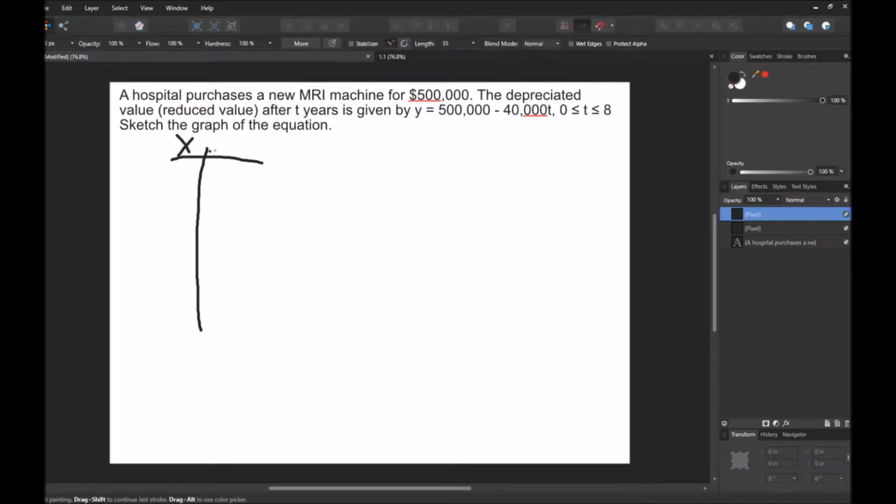So the simplest point to plug in at this point for x, which I'll rewrite as t just for simplicity's sake, the simplest point we can plug in right now for t is 0. Then that would give us our y-intercept, if you recall what the definition of the y-intercept is. So at t equals 0, we have y equals 500,000 minus 40,000,